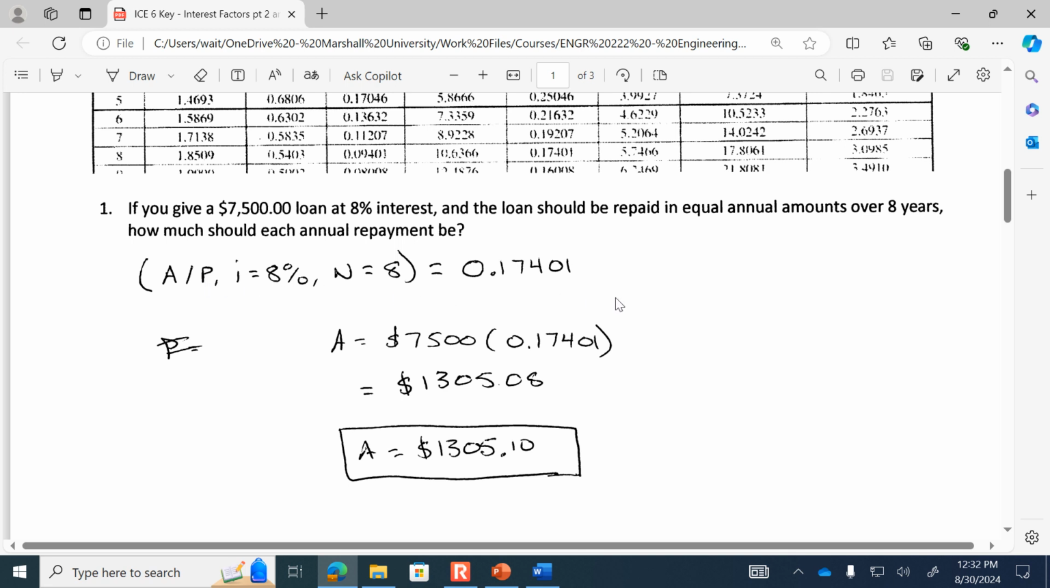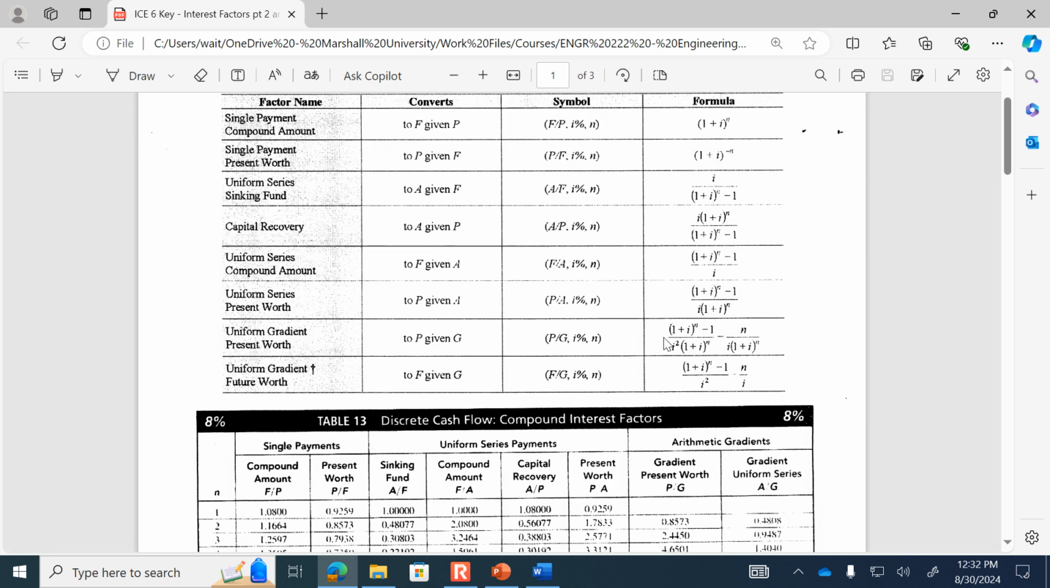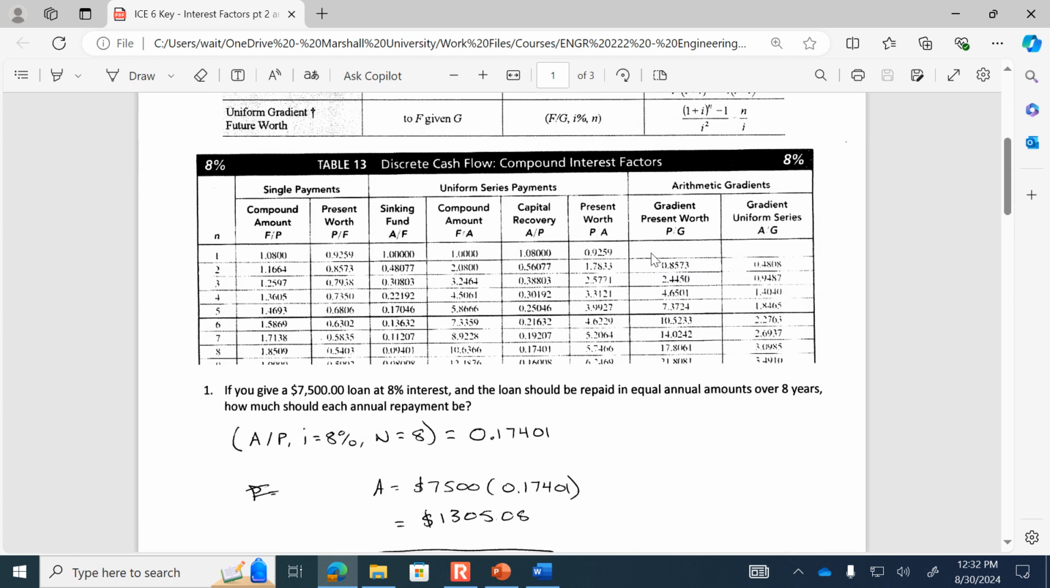So the factor from that is 0.17401. It doesn't say that you had to use the factor table, so if you choose, you could have calculated your own factor using the formula. So which formula would you use? Find A given P. This is the formula that you'd utilize for calculating your own factor. So it should be